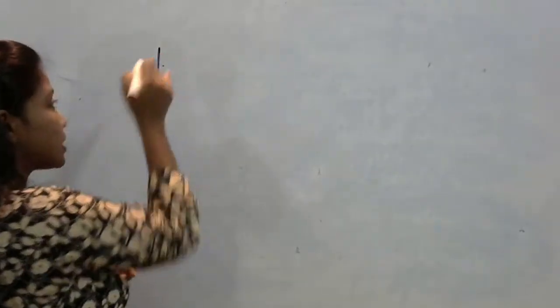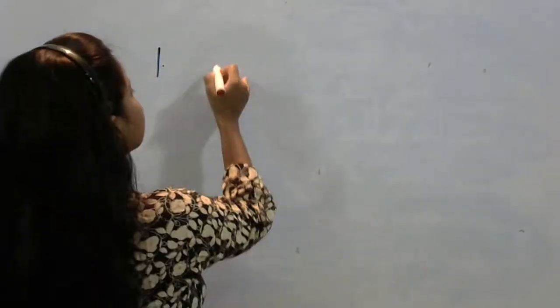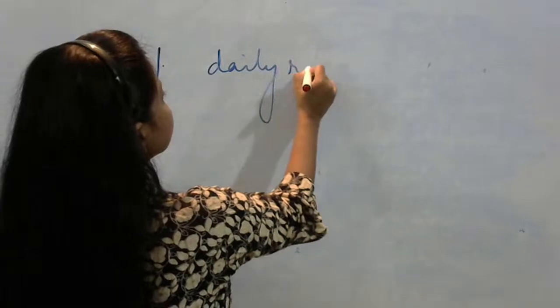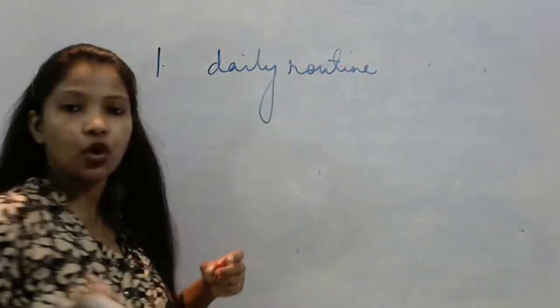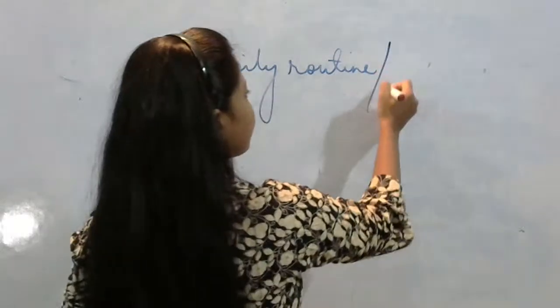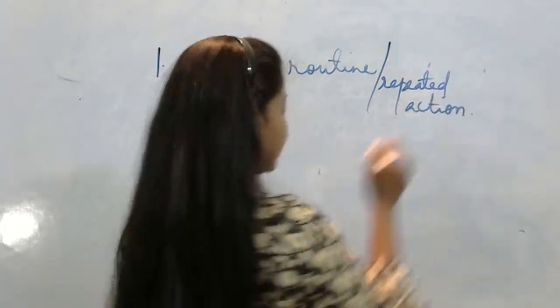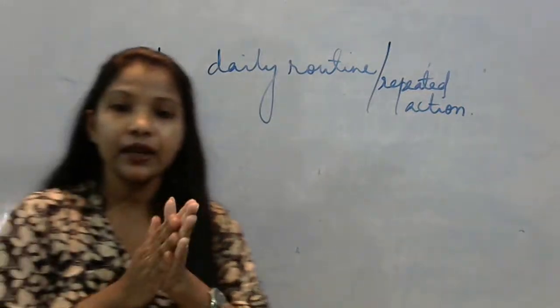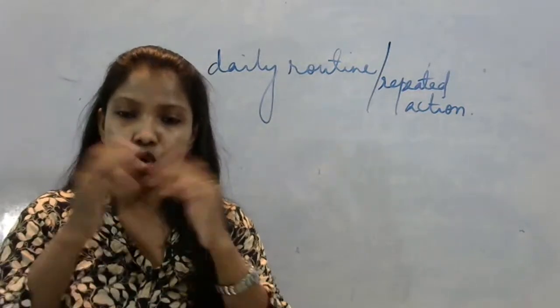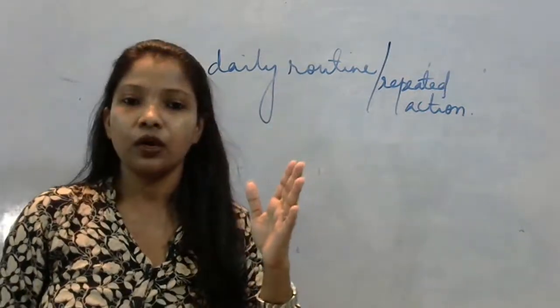Now, which are the situations where we use a simple present tense? Which situations do we use? Consequence situation we have used that time. First है आपका, can anyone tell me what is it called? It's called daily routine. What we do every day. Or I can say it can go under repeated action. Daily routine as in हम day to day life में जो भी काम करते हैं in a daily routine, that goes under simple present tense. Now, yes,